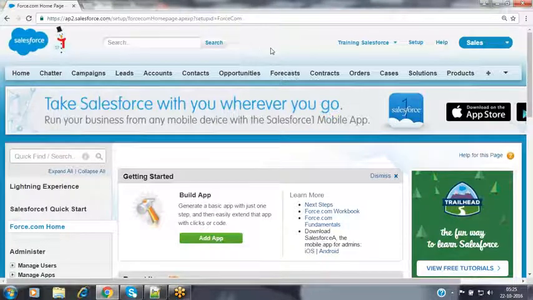As we discussed in yesterday's session, Salesforce provides a set of ready-made applications as part of the Salesforce CRM. To see all those applications, we use this pick list, which populates all the applications we have inside this organization.